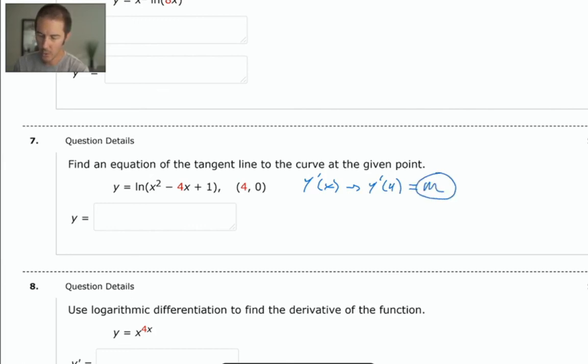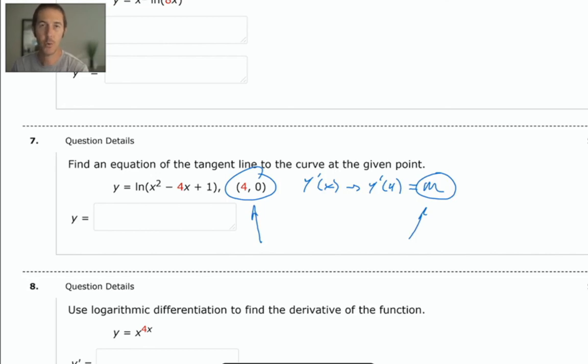Now you'll have a slope and you'll have a point, which allows you to use point-slope form. I'm not going to tell you what point-slope form is. It's not y equals mx plus b, I'll tell you that much. If you don't know what it is by name, you need to know what it is by name, so go look that up. Plug in your x1, y1 values and your m, and you'll have the equation for your tangent